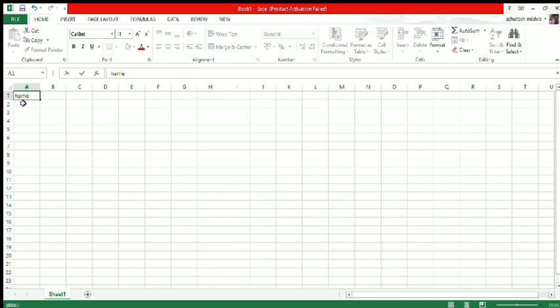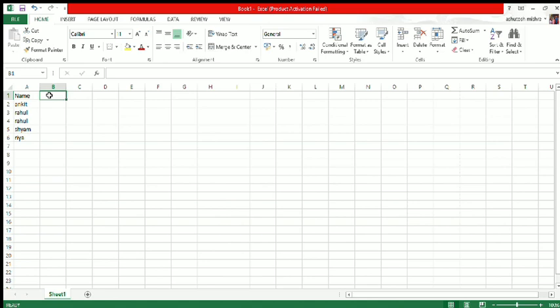Here I'm going to store the marks of students. Names: Ankit, second name Rahul, third Raj, fourth one Sham, and fifth one Priya.